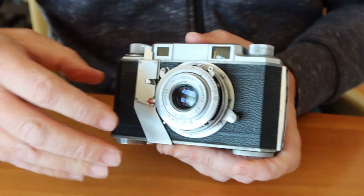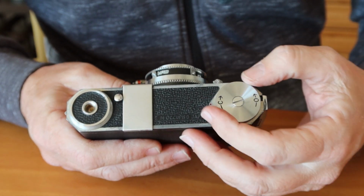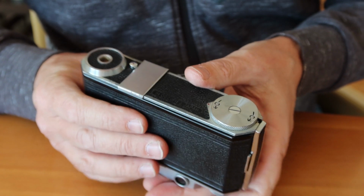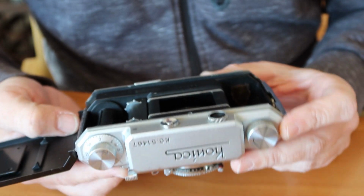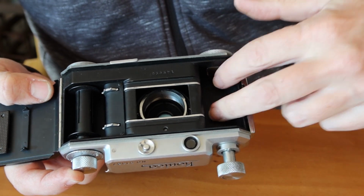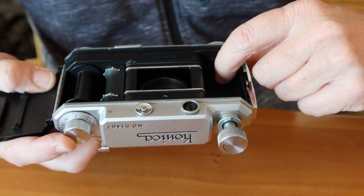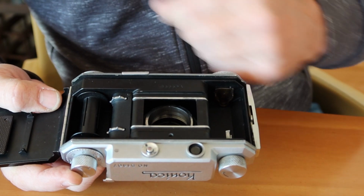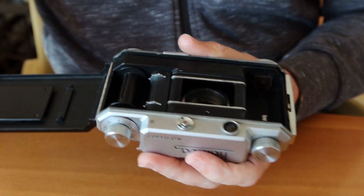Loading the film on these cameras is quite easy, and it's a little bit similar to the later Konica Letter series cameras. On the side here, we have a dial which you turn, and you turn the O symbol till it lines up with the red dot, and that releases the latch for the film door, and you open it like so. This camera's quite nice, even on the inside. To load the film, of course, you have to push this fork upward to give room for the film canister to fall inside. And there's kind of a V-shaped notch here on the bottom where it catches the bottom of the film canister as well. Once the film canister is inside, push this back down so when you're pulling the film over, the canister doesn't pop out. So pull your film leader over and feed it into one of the slots here in the take-up spool, and then simply